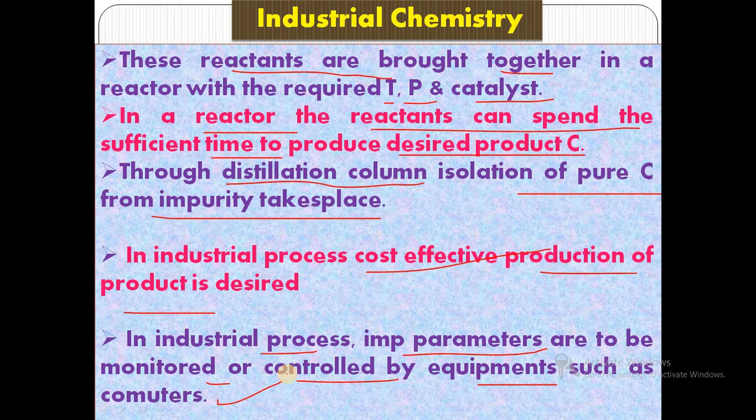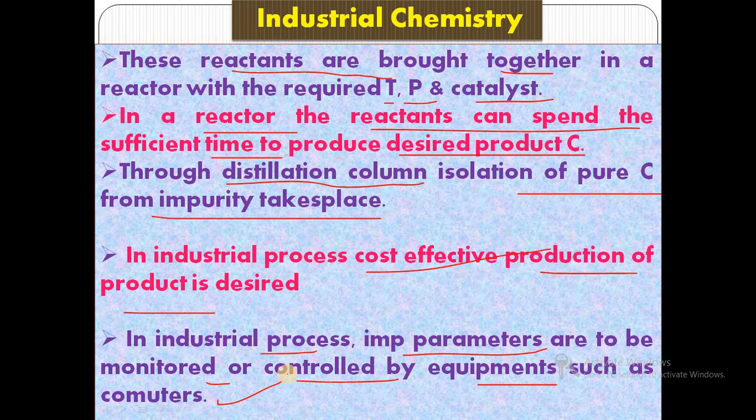But that type of large production is not possible in classical chemistry, because classical or basic chemistry experiments are carried out in the chemistry laboratory, and when that experiment is successful on a small scale, then we can go to industrial chemistry to produce that component in large quantity, that is, in tons of quantity. So industrial chemistry is very important with respect to our chemistry.